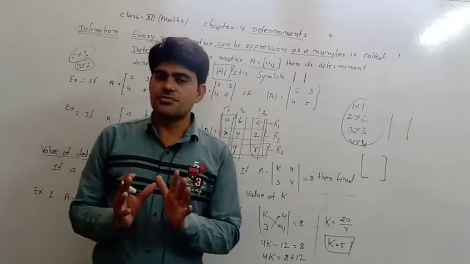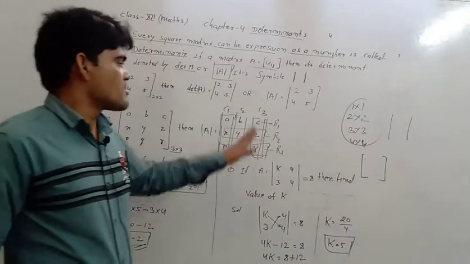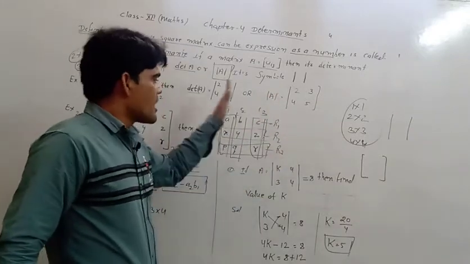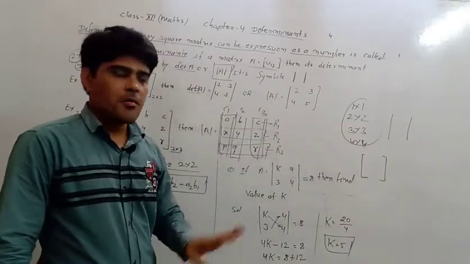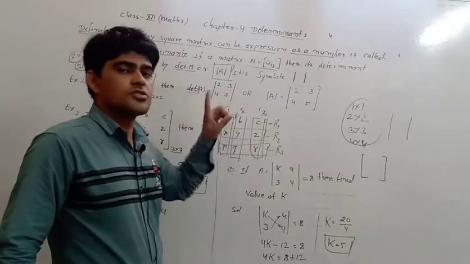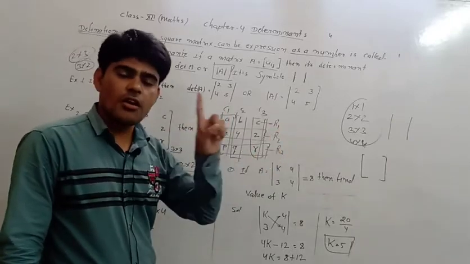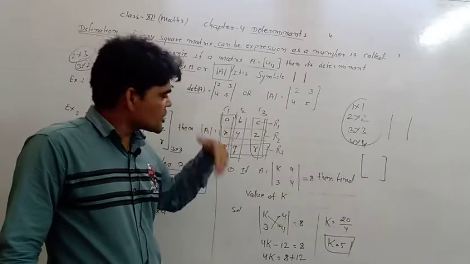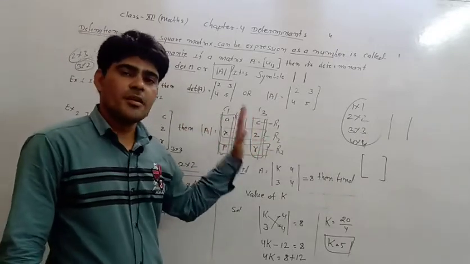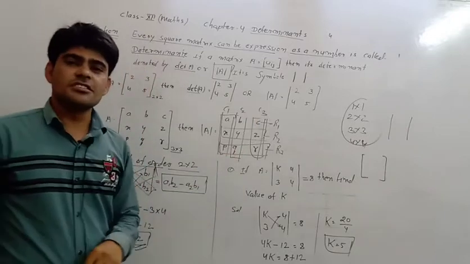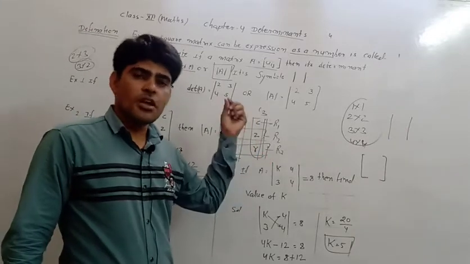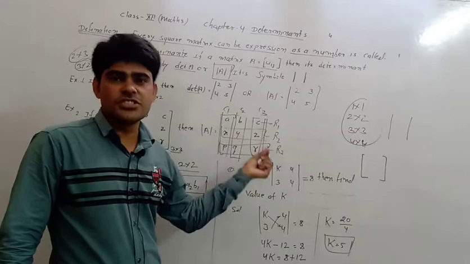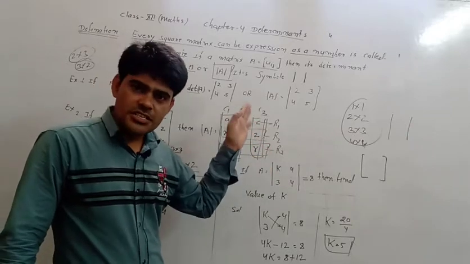It means we can expand a determinant by any row and any column, but mostly we use only one row and only one column at one time. Don't change row and column, but if we exchange its rows and columns, the value of the determinant is not changed, only its sign changes.